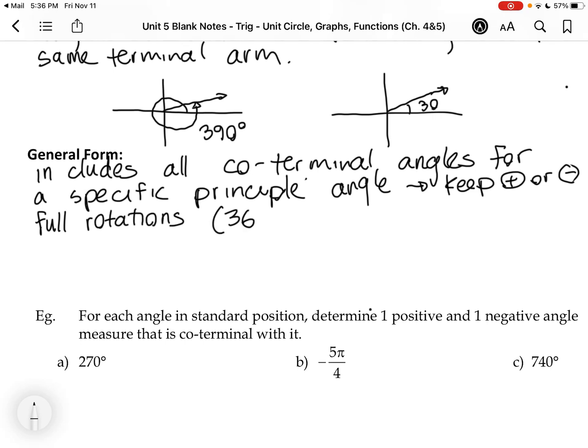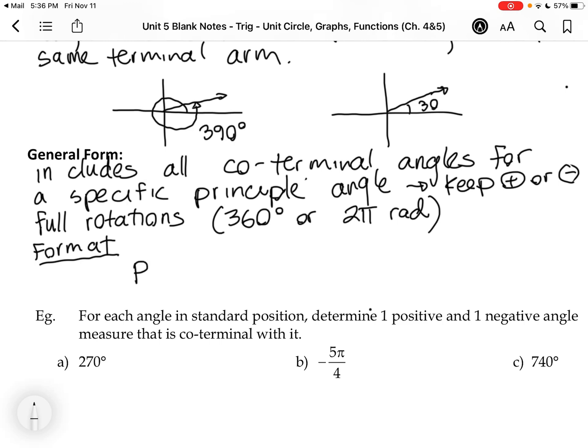That would be either 360 degrees or 2 pi radians. So the format for the general form is: